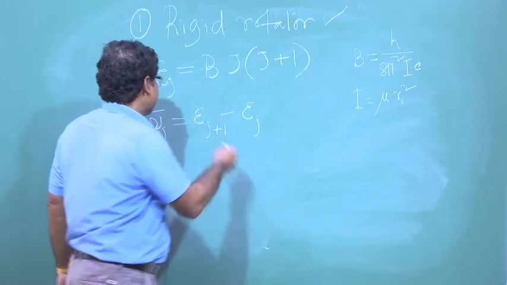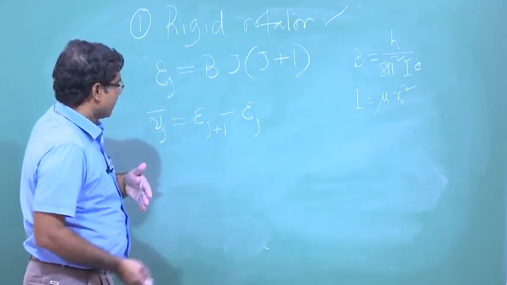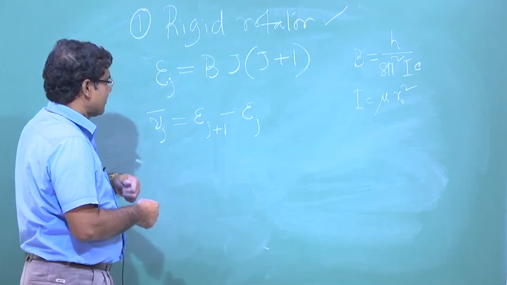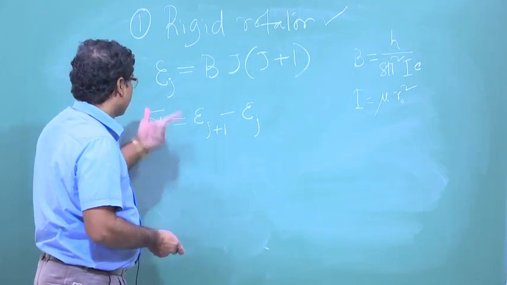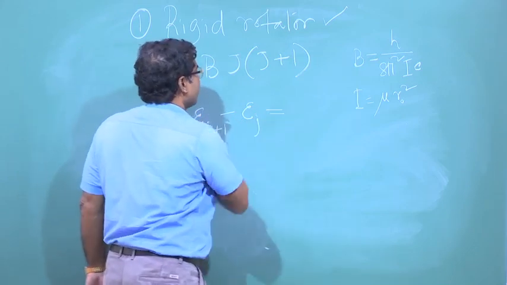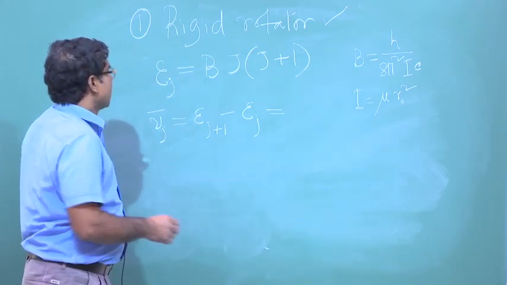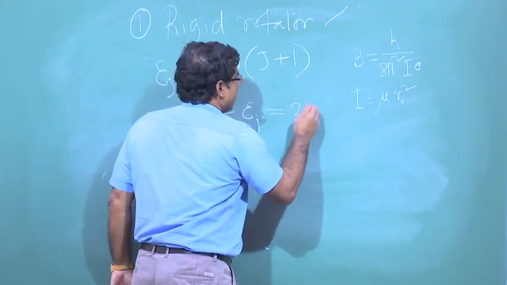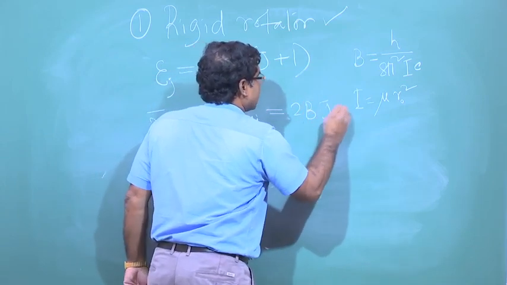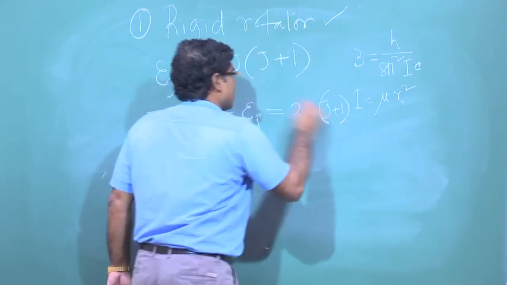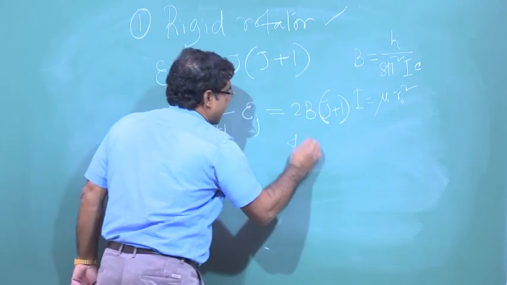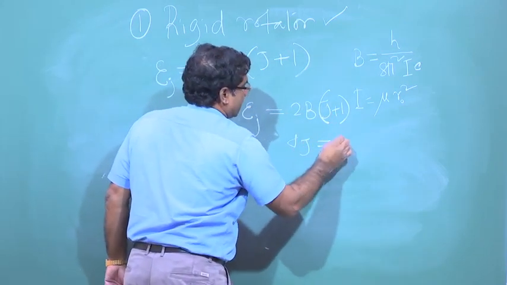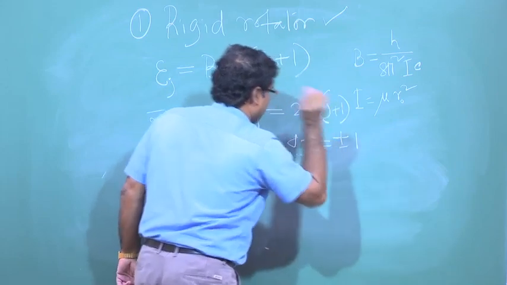If this transition is there, we will get radiation in the microwave range, and that radiation wave number will be what we got, that is 2B (J plus 1). And using the selection rule delta J equal to plus minus 1, we have